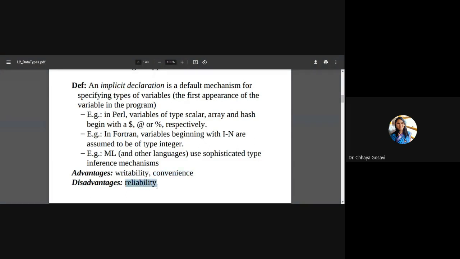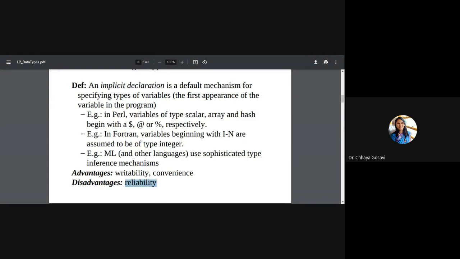The disadvantage is reliability, because if I can assign a value, at one program point variable x is of type integer, at another program point x is float, then x can be declared as list. So it may turn your program into errors because of that variable. You assume that it is of type list, and then somebody has assigned it a string and it has converted to string.